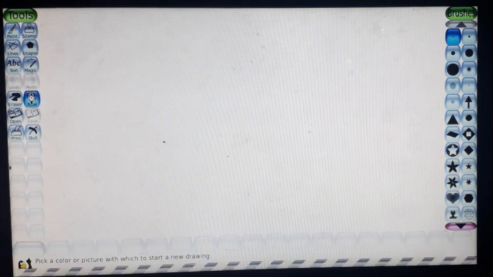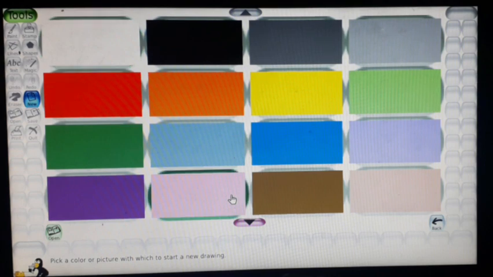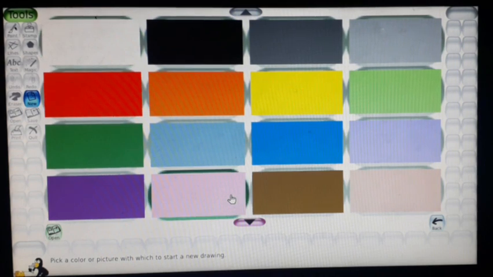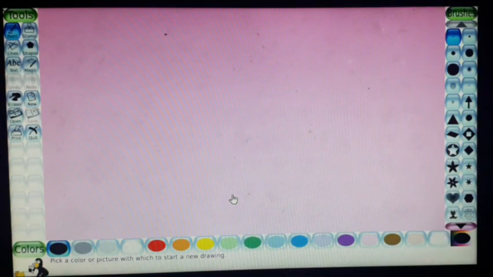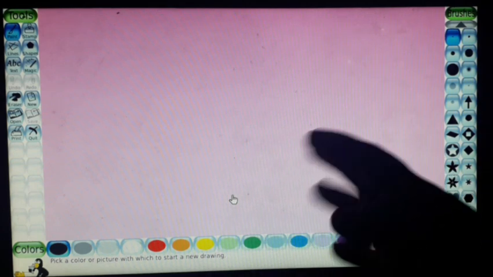Click here. We get different drawing canvases. So many canvases here. We can choose the color. Here I select a pink canvas. We can get a pink drawing canvas.